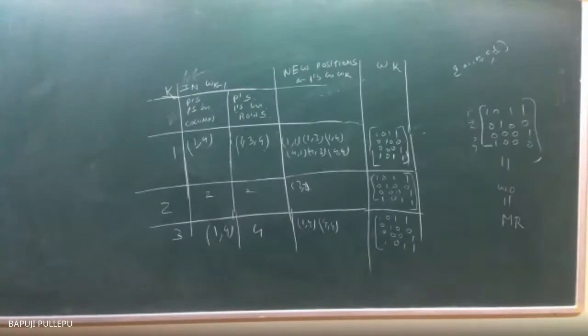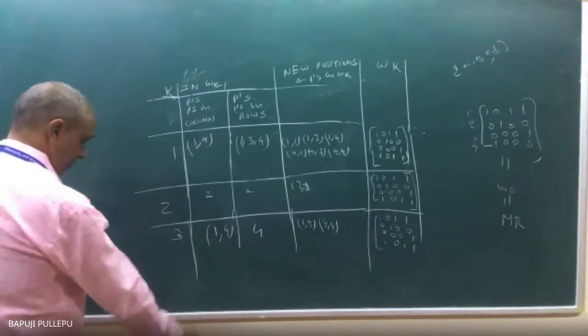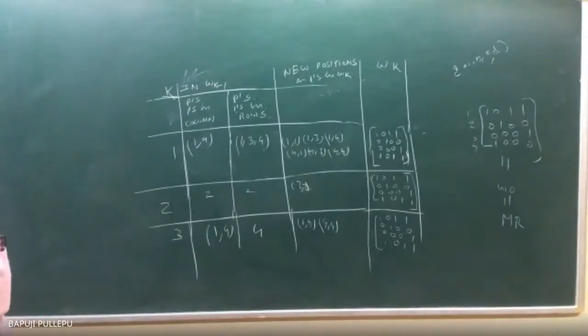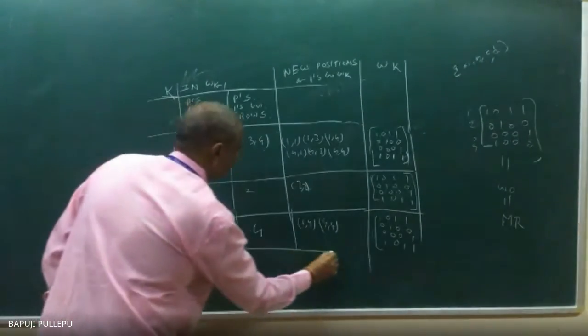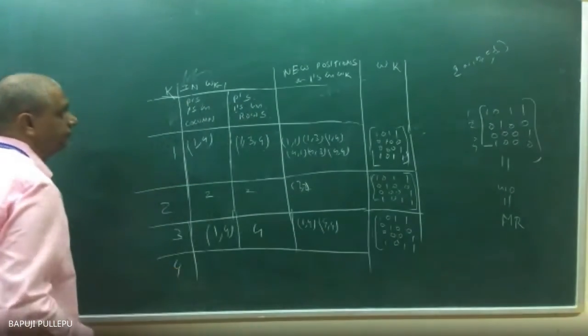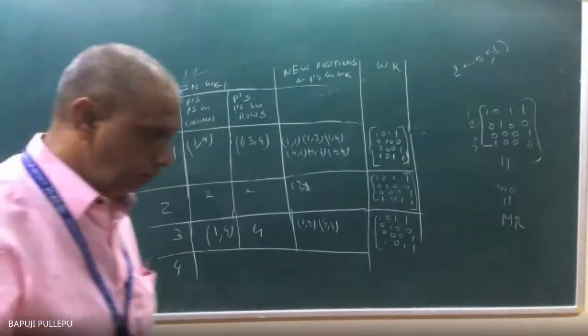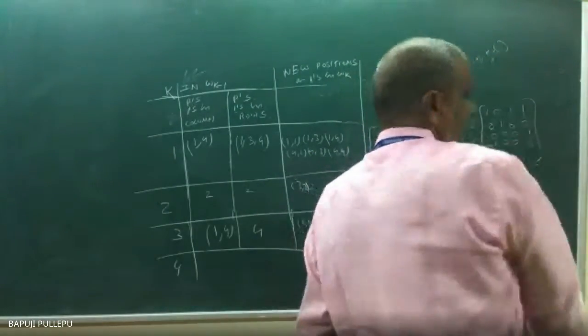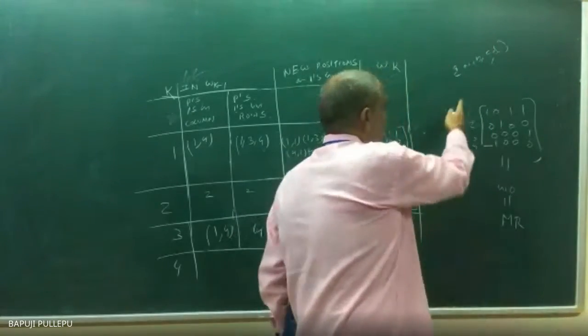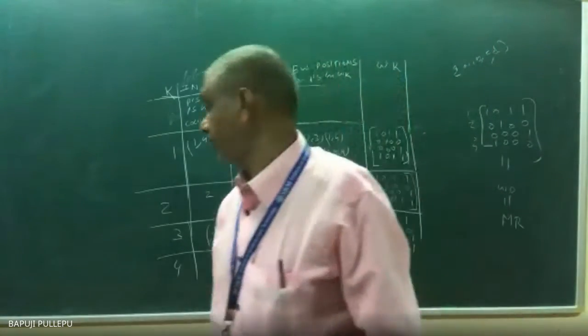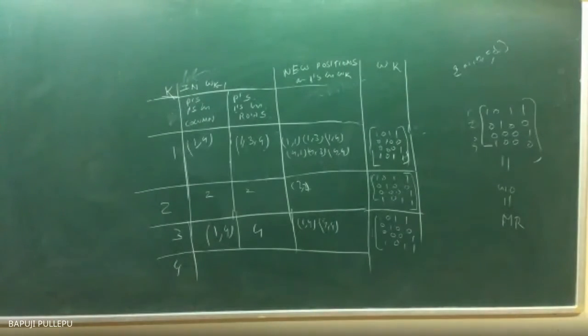I am coming to the fourth row, fourth column. If I go to the fourth row, fourth column, from W3 I will start the story. In the fourth position, because my elements are 1, 2, 3, 4, you know. Always you can see this 1, 2, 3, 4. From this one I will start. Now, fourth row, fourth column. In the fourth row, where I am standing, where are the ones? Tell me. 1, 3, and 4.